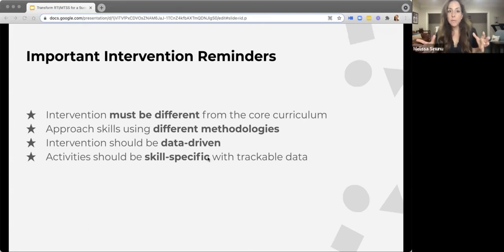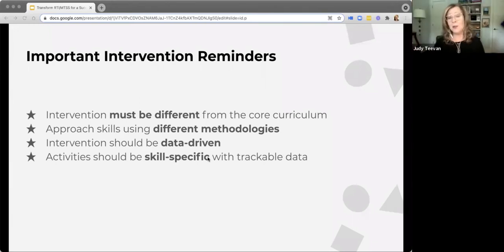The best results are going to come from instruction that has been individualized for students based on their screening and progress monitoring. And then activities should be skill specific with data that can be documented and tracked. This ensures that the instruction being received is perfect for the student's performance level, challenging but not too hard. Not only does this ensure that students are growing, but being able to accomplish the activities keeps them from throwing in the towel. And in an intervention platform like Classworks, intervention instruction is automatically assigned to each student based on screener and progress monitoring data. So this is really putting the data to work for the teacher automatically.